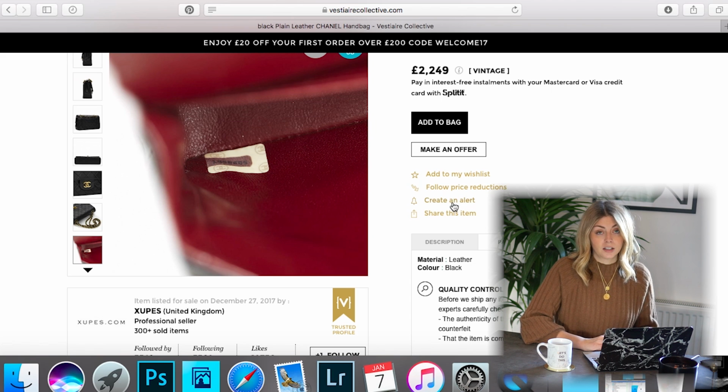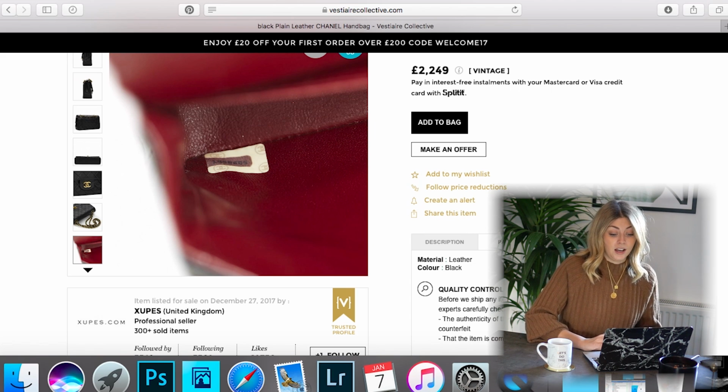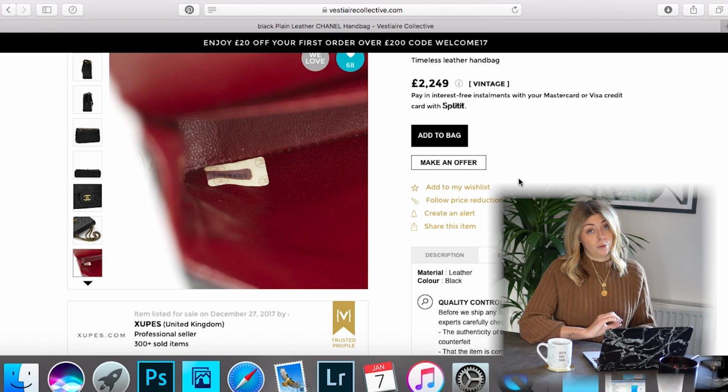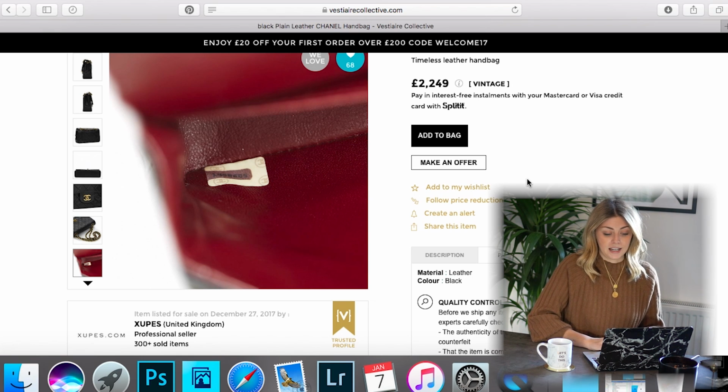Obviously you can share the item, but you wouldn't want to do that if you're looking at buying it, because you wouldn't want anyone to nip in there and steal your handbag, would you? And then, like what I've been doing, you can also add it to your wish list. Now what I'm going to do, this is the price here,